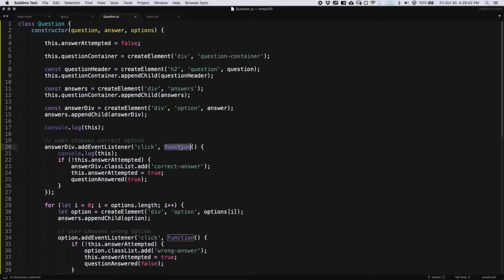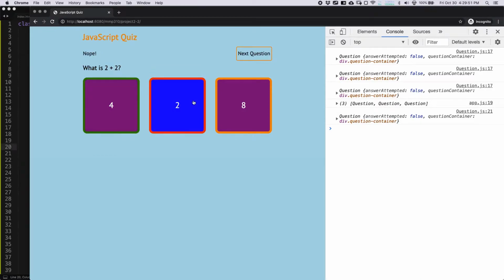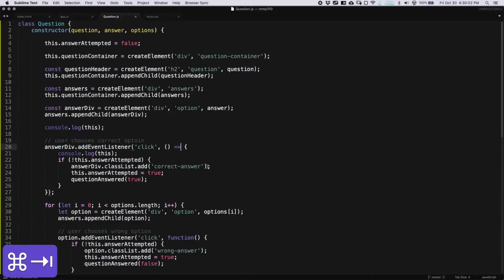The new way to fix this is to get rid of my regular function and use what's called an arrow function, which is a new JavaScript thing. That is going to fix my problem, although maybe I have a different problem because I can still click on these. But you can see this is still my question here. So that's one way to do it,